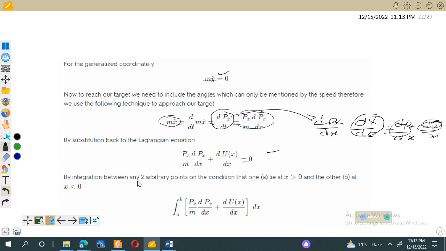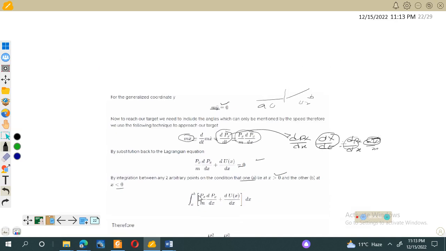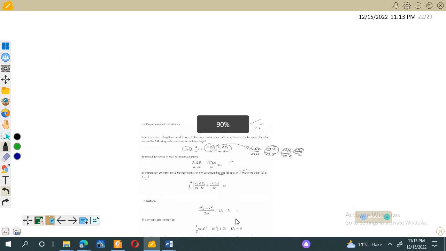By integration between any two arbitrary points on the coordinate, one at x greater than 0 and another at x less than 0, from a to b, px over m dpx over dx plus du over dx between the two points, because we have region a and region b. So we will integrate between the two points, the first for u1 and the second for u2. So integration between the two points will give us,